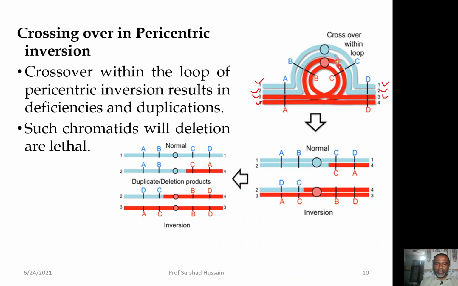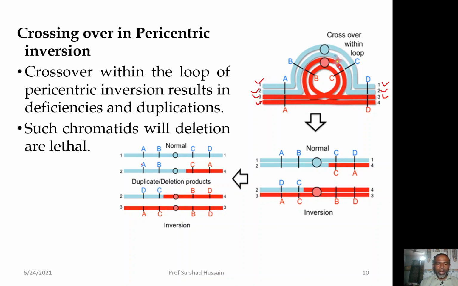Now, in both the cases, if you look at the A B C D and A B C A, as far as the number of genes are concerned, they are normal, but here if you look at these two D C B D, here this is duplication and the deletion of the A, and in this there is a C B D. So, again this is having the normal, but one inverted one.